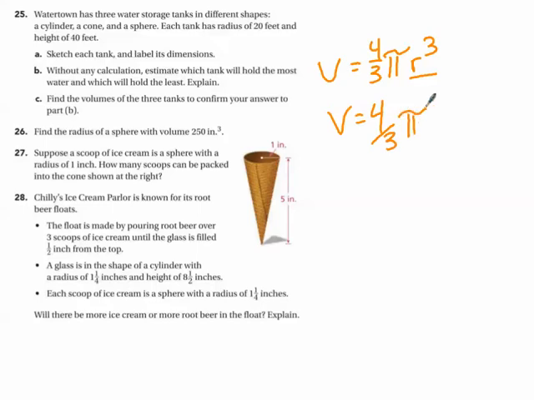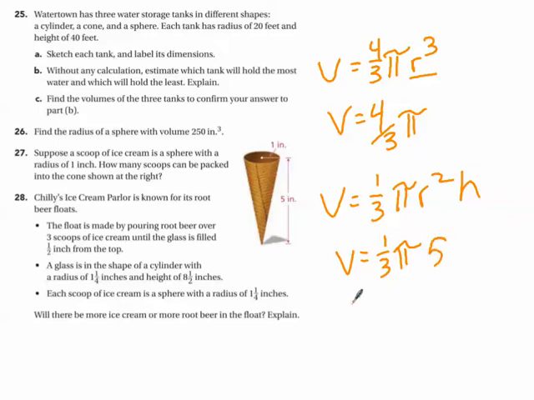I need to now find the volume of the cone. So I know the volume is equal to 1/3 pi r squared. That also has a radius of 1. So I know the volume is equal to 1/3 pi, 1 squared is 1, and so I see how many scoops can be packed into the cone at the right. Oh, it is pi r squared times the height. So I have 1/3 times 5. So that gives me 5/3